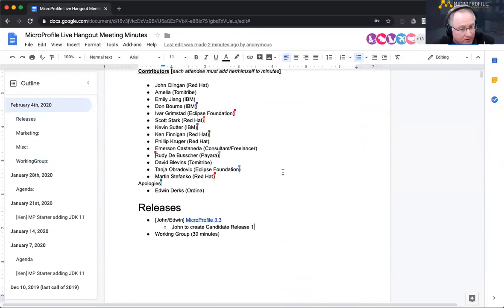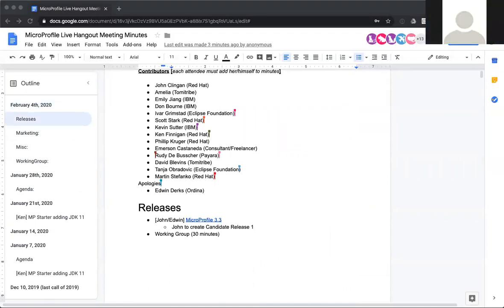Sincere apologies if I don't have that in the MicroProfile calendar. Yeah, I don't see anything there, John. That's what I was just looking for. Yep. Right. So that will be added to the MicroProfile calendar. Actually, sorry, I searched for February. It says February 11 component releases due. Okay. No, I think I'm getting February 5th confused.